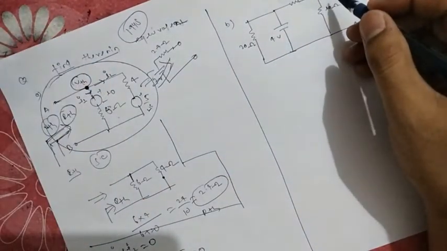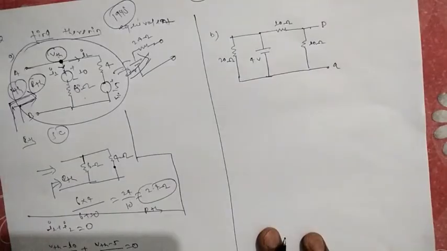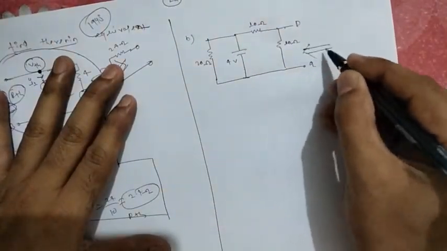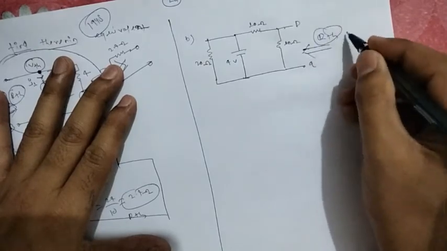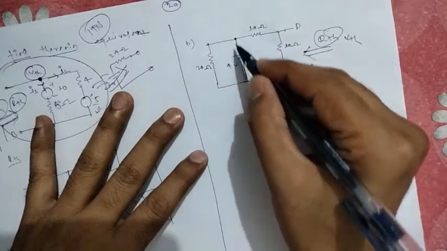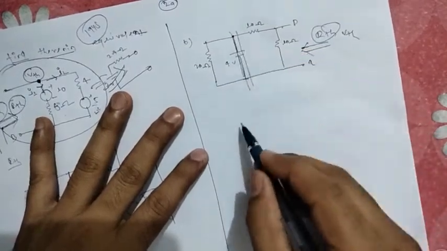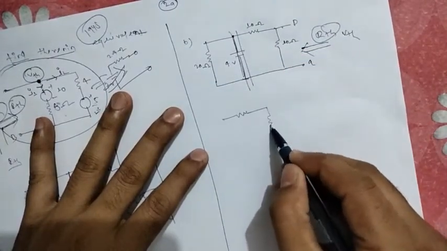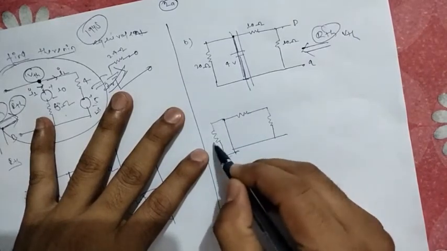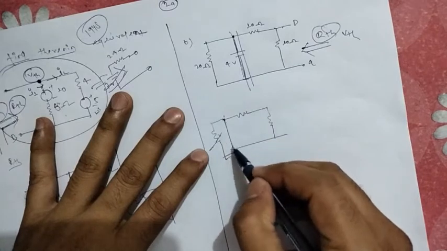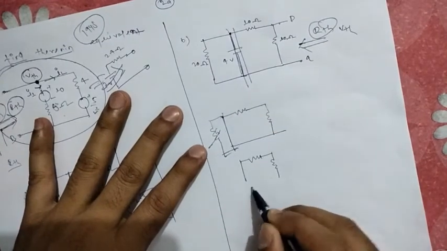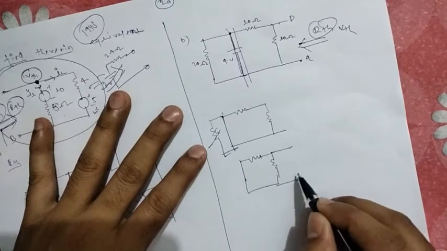Now here it has been told to find again the VThevenin and RThevenin. Here we are going to look at the circuit for RThevenin and VThevenin. For finding RThevenin, just short circuit this voltage source. If I short circuit this one, what will our equivalent be? If I short it, and the parallel resistance, this part shorted with this line, then this will be replaced by a short line, and this is your equivalent RThevenin.